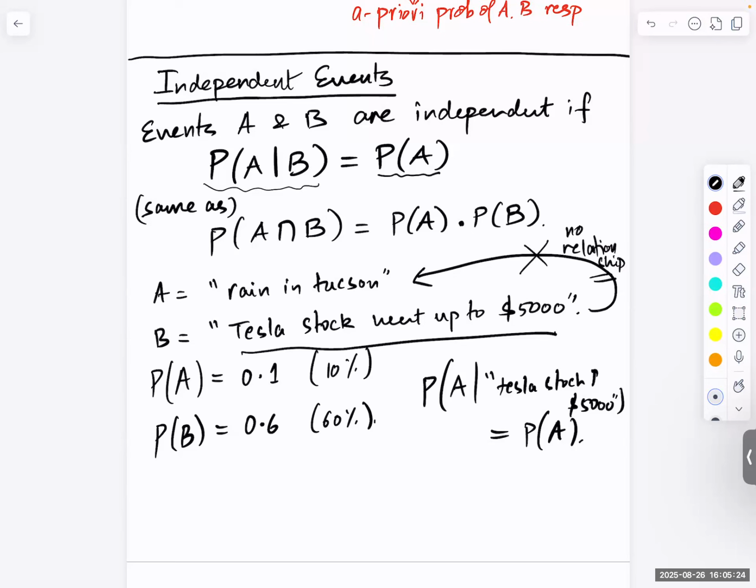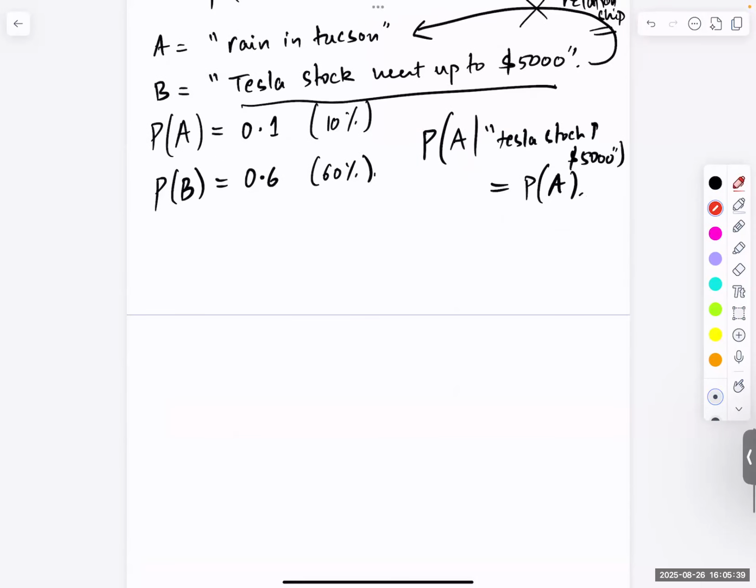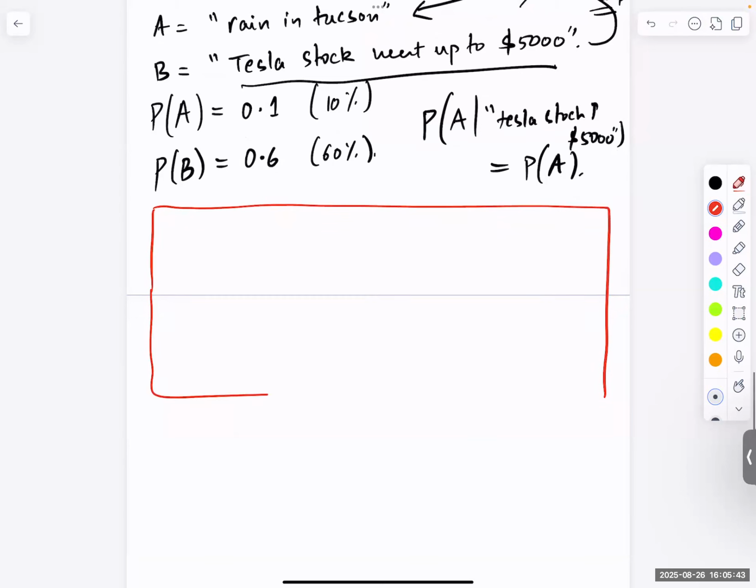Okay. So if that's the case, then we say that events are independent of each other. We can generalize the concept of independence from two events to any arbitrary number of n events. So let's spell that out. We say that n events A1, A2, all the way till A sub n are independent